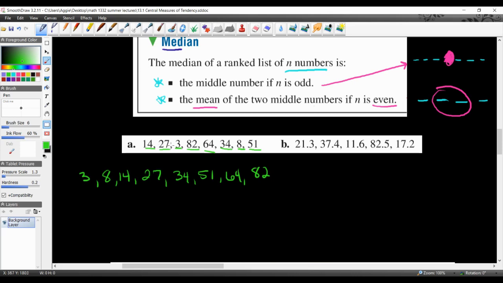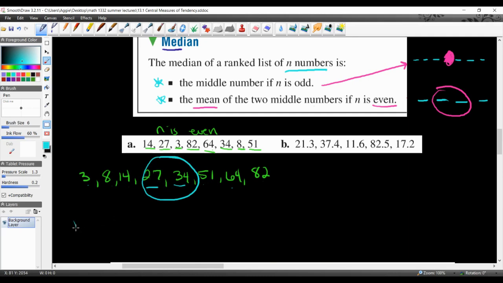And we have 1, 2, 3, 4, 5, 6, 7, 8. So we have that n is even. So that means we're going to have to find some kind of mean in the middle. Let's go ahead and do that. If this is 8 terms, we're going to probably look at our fourth term here. So 1, 2, 3, 4. 1, 2, 3, 4. So we're looking at these two